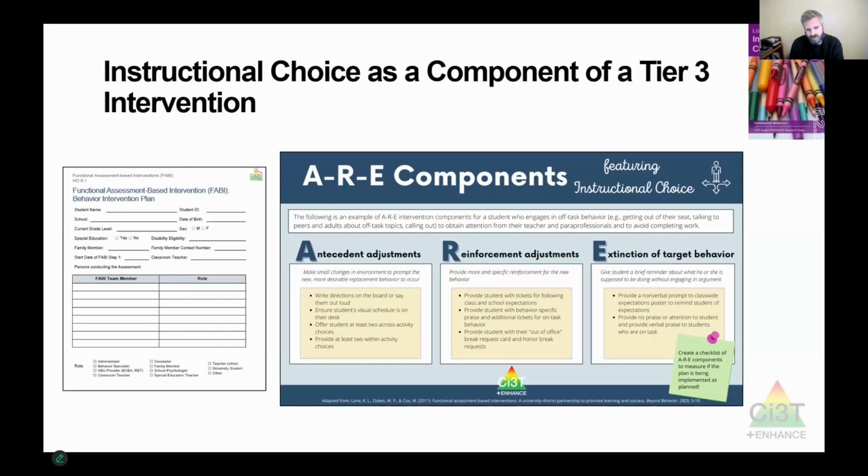And so we're not going to say that instructional choice is the intervention to address this problem, but we're going to put instructional choice right up front and center. That's one of the first things that we're going to do. We think about that as what's called an antecedent. It's basically something we can put into the environment that's going to reduce the likelihood of the challenging behavior and increase the likelihood of the desired behavior. And basically, it gives us one more tool in the toolkit when we're trying to compile some sort of really intensive intervention.